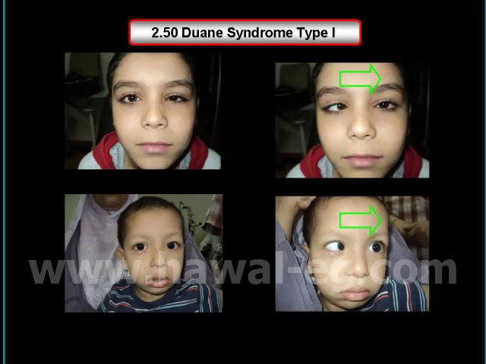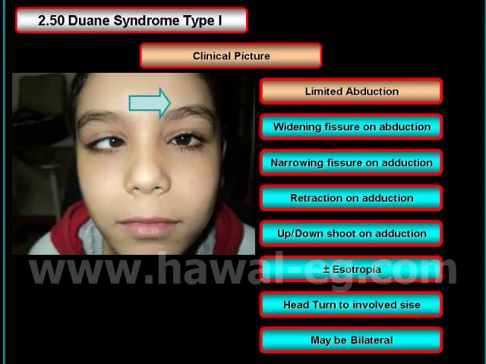The consequences of this error are not negligible, because the surgical treatment of sixth nerve palsy would be contraindicated in Duane syndrome. The clinical picture of Duane syndrome is limited abduction,